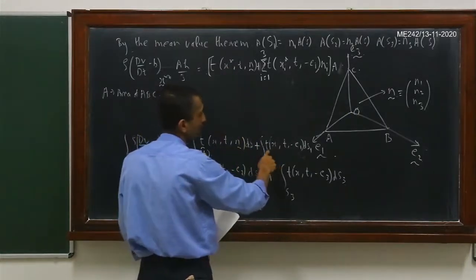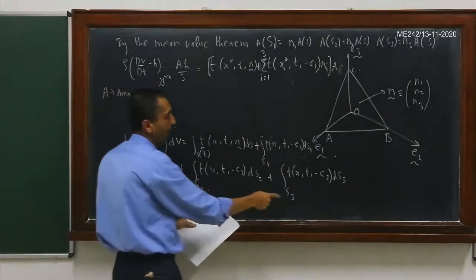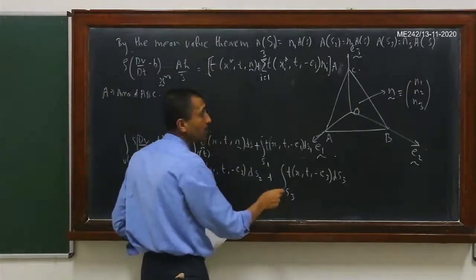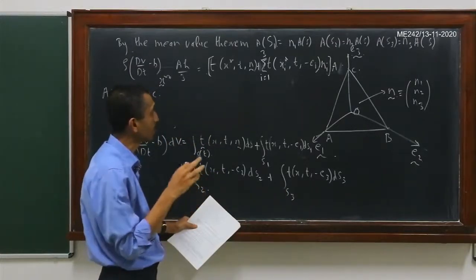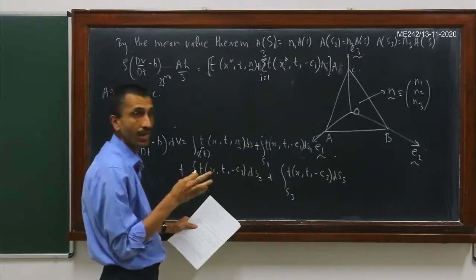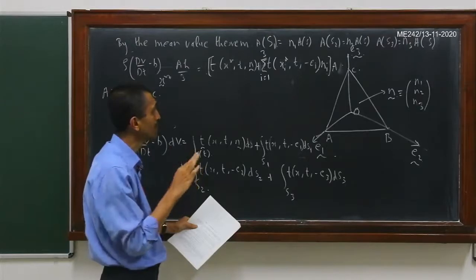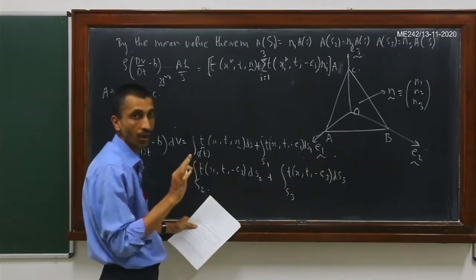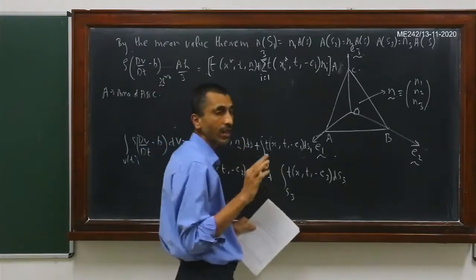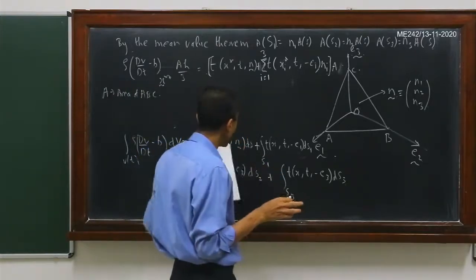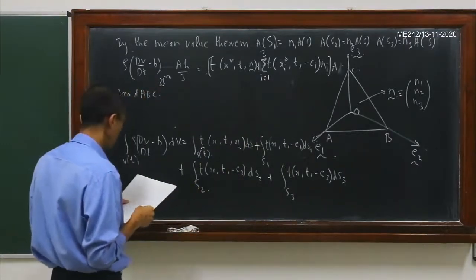So the x1 star is what lies on S1, x2 star is a point lying on S2, and x3 star is a point lying on S3. So we do not know where these x star and x1 star and x2 star and x3 star lie, and that is immaterial. We don't need to know where they lie. Okay, but we just know that there is some such point here. We just know that there is a point x star, and we know that there are points x1 star, x2 star and x3 star, such that these integrals can be written in this particular way. Okay, so that is all that we need to know.